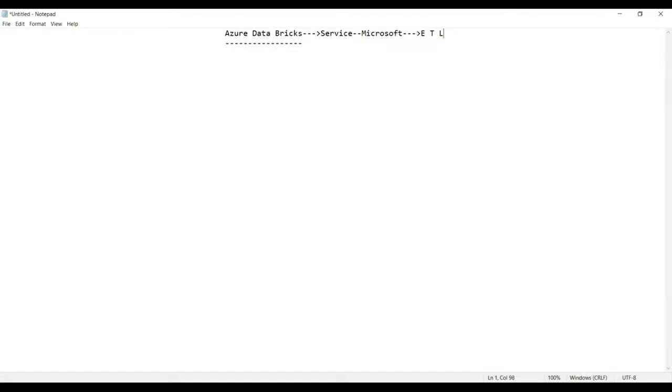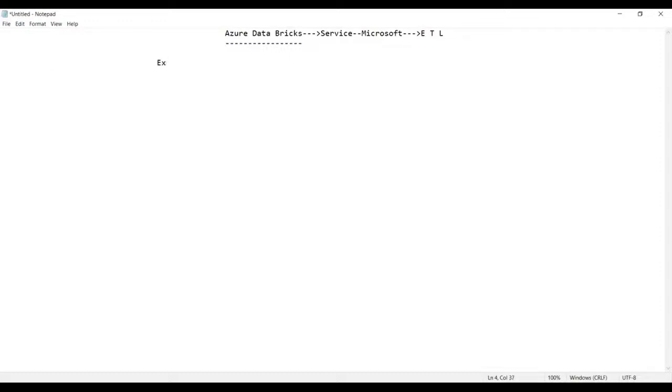That is nothing but ETL. So Azure Databricks is a service provided by Microsoft to perform the job of extraction, transformation, and loading. Okay. Now, guys, tell me, this process of ETL, that is